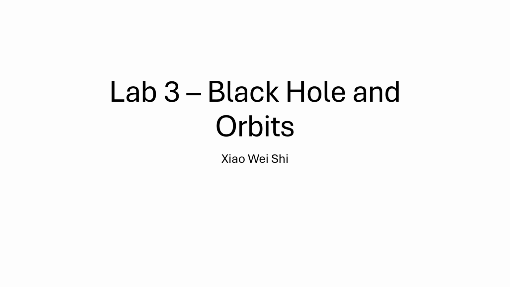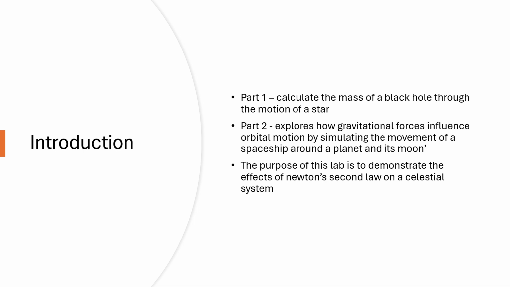This is Lab 3, which covers black holes and orbits. There are two parts to this lab. Part 1, the goal is to calculate the mass of a black hole through the motion of a star. Part 2 is to explore how gravitational forces influence orbital motion by simulating the movement of a starship around a planet and its moon. The purpose of this lab is to demonstrate the effect of Newton's second law on a